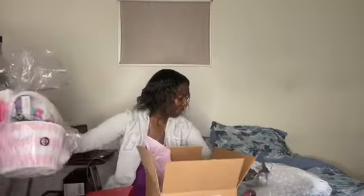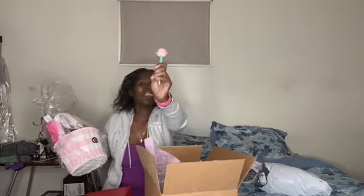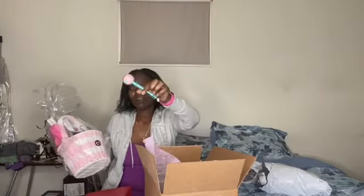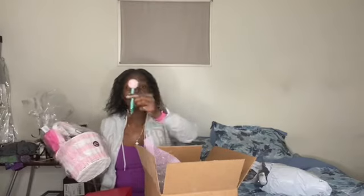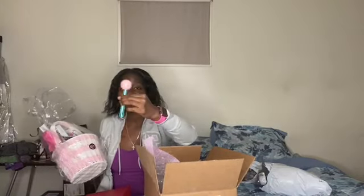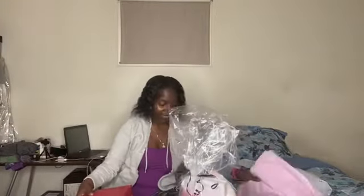Box, bubble wrap, cotton candy, cake, lollipop. Not lollipop, cotton candy Glossy-Pop. I was about to say cake pop, because for real, it looks like a cake pop. The size of a cake pop, that's this. Oh, fumbling. Okay, now that we see what's going on here,